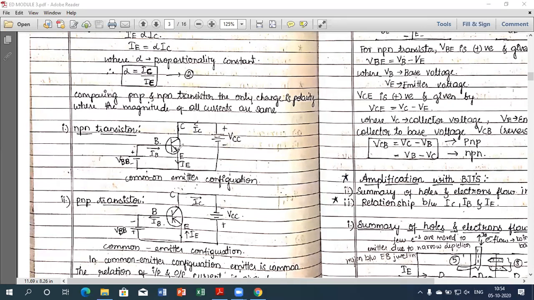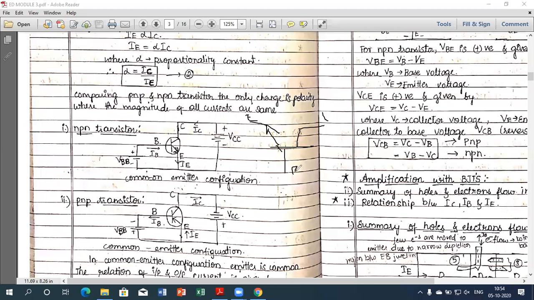So here, what I'm showing is the arrow mark of the NPN transistor. Actually, we have drawn the NPN transistor like this. This is the actual NPN transistor which you have drawn, right? So I call this the emitter. We already discussed this one. I'm drawing this so that the confusion will be clear.